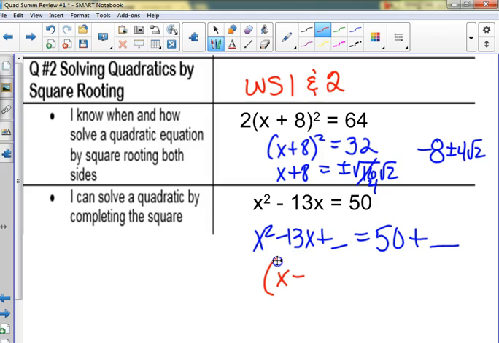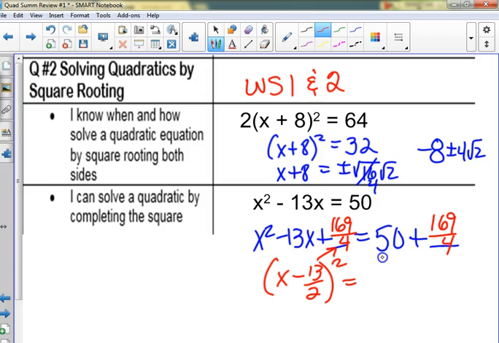So we'll go x minus what? 13 over 2 squared. So when we put it back in the blank, we square the top and bottom and get, sounds right, 169 over 4 I'm going to go with. If we add 50 to that,